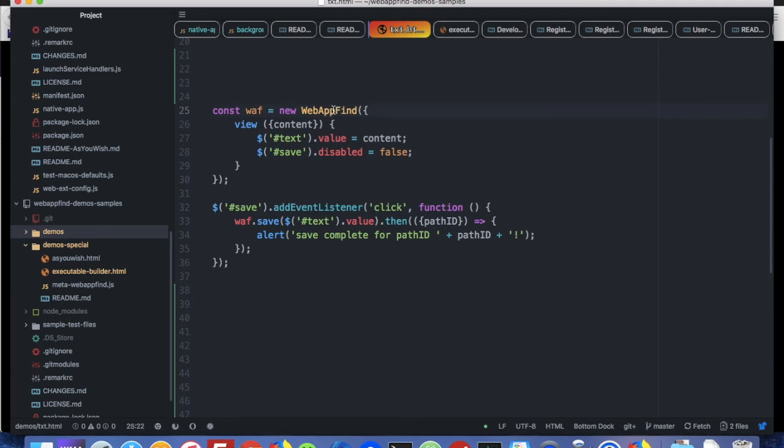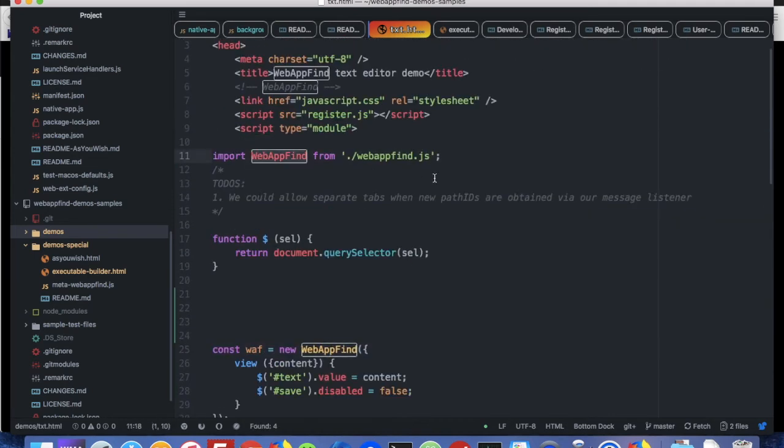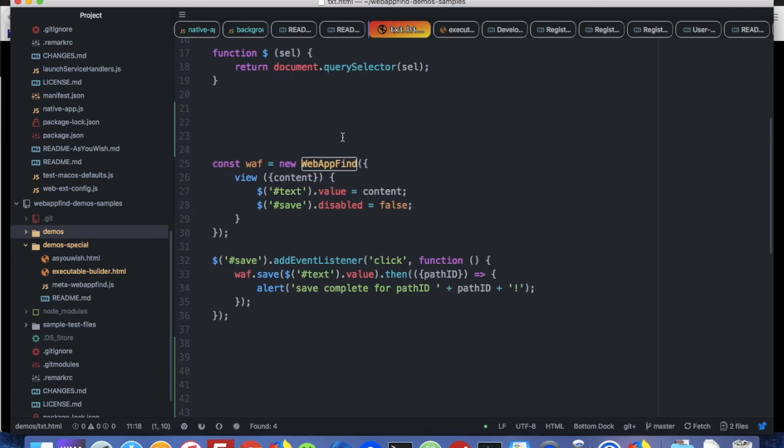Its API will look like this. You import WebAppFind, and then basically all you do is create an instance and pass it an object with optionally view, which you probably need. It's not required, but you probably need it. With the content property, which is basically going to be the file contents. If it's binary, this will be an array, but otherwise it's going to be a string of the UTF-8 string. So in this case, we're just setting our text area to whatever value WebAppFind gets